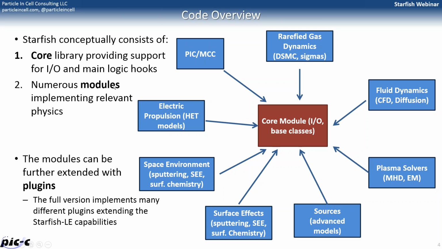So the code contains a lot of modules, and these modules are things that are needed to implement a lot of this physics that goes into simulating plasmas or gas. But the modules that are implemented here within this core are meant to be very generic. So they don't actually go into a lot of the details of the physics. They only provide the basic skeleton or the skeletal framework that can then be used later on by some different, actually detailed implementations that flesh out